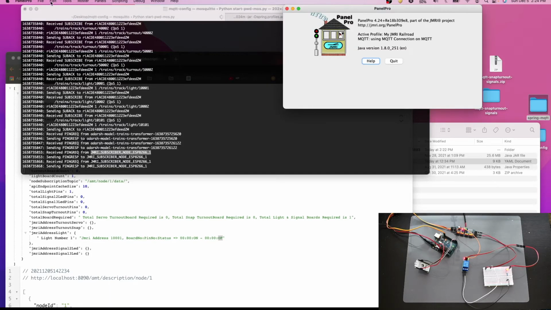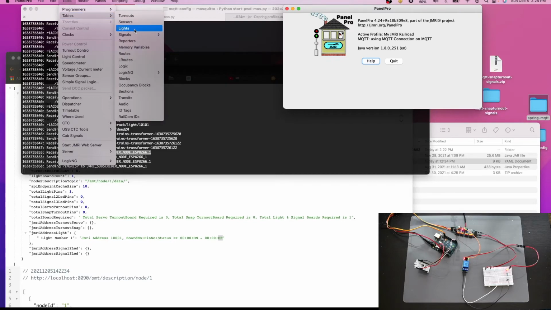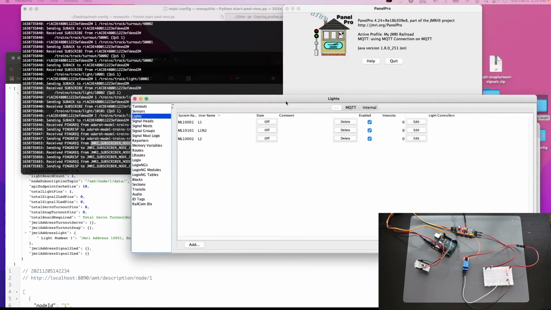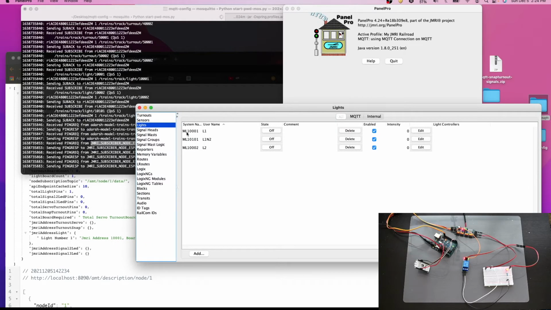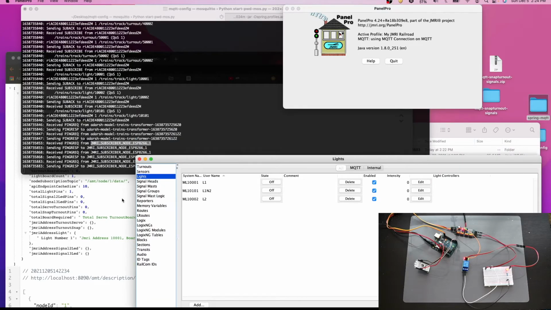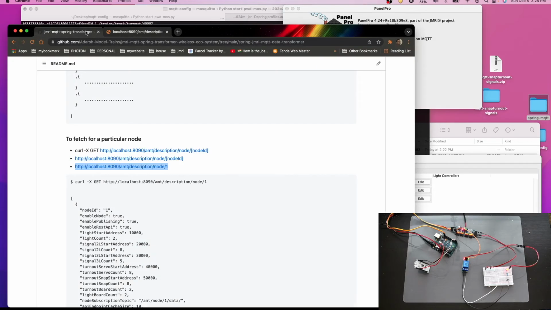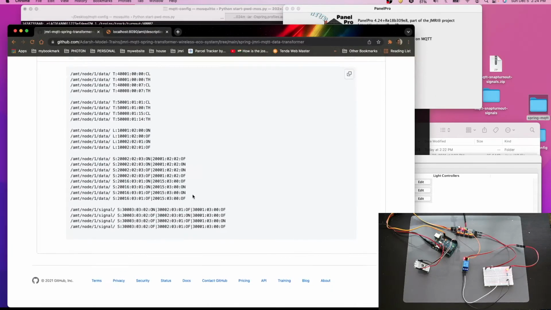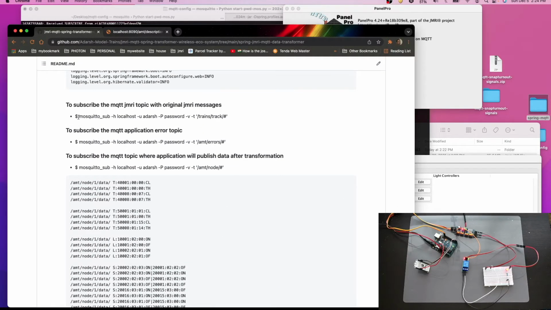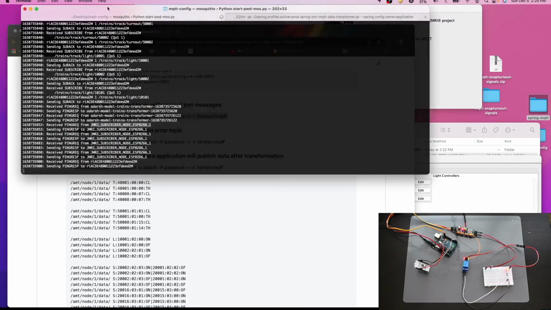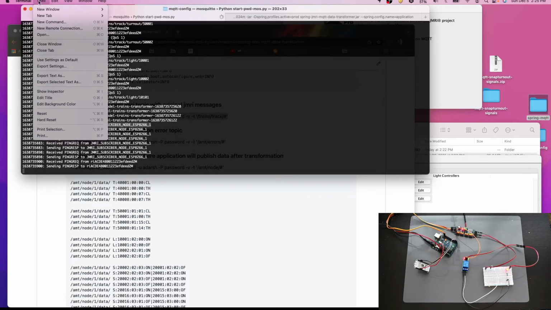So now we'll go into Panel Pro, Tool, Table, Lights. We can go here. We already configured in our previous exercise a 10001 light when we were talking about configurations earlier. So what we can do is we can go into the transformer application and we can listen to topics here, what JMRI is pushing. New window.